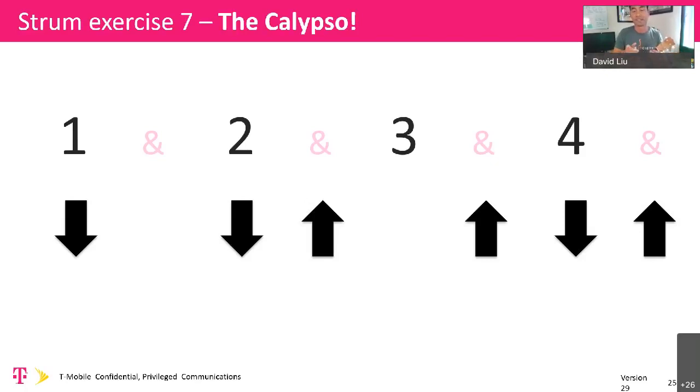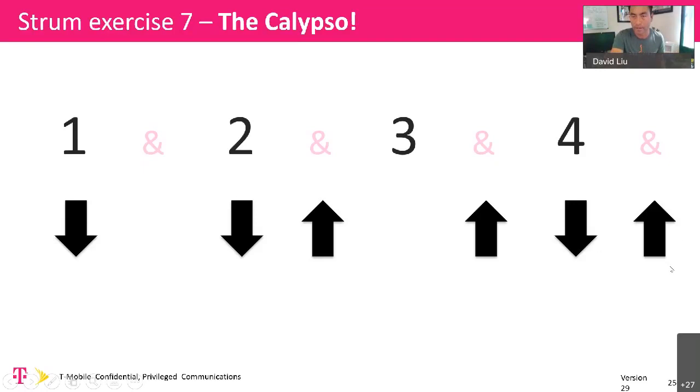Here we go. This is the Calypso right here, the island strum that is the main focus of the session. 1, 2, and 3, and 4, and down, down, up, down, up. Slower. Down, down, up, down, down, up, down, down, down, up, down, up. Now, the thing is, this might sound super